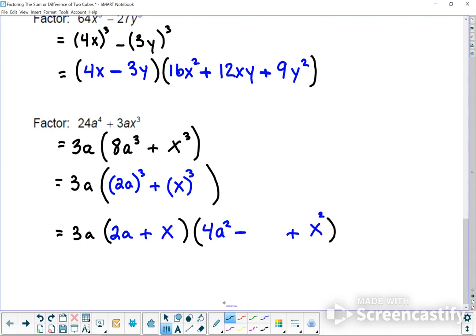In the middle, you have 2a along with x. So you get 2ax. All right. So 2a